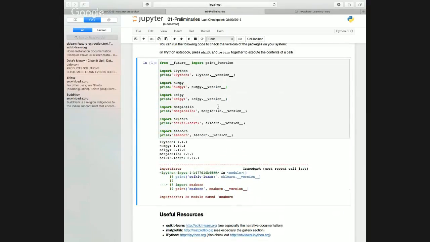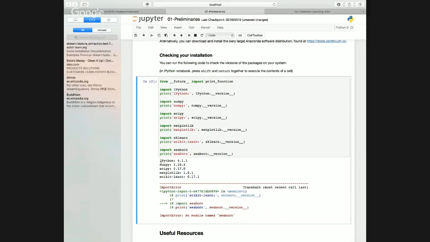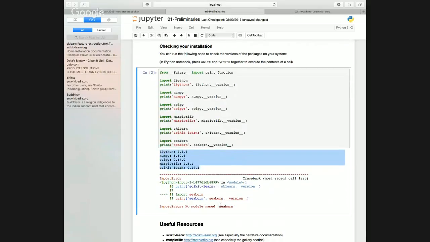Let's go quickly through this snippet here. This is just to check the versions of libraries that you have on your system to be sure that you have the right environment. So in my case, I ran it here and I got these outputs,